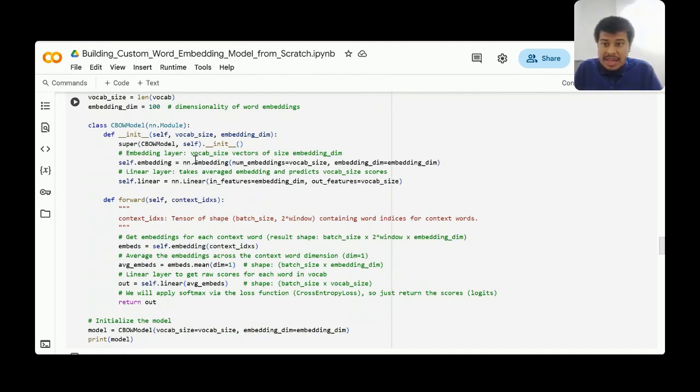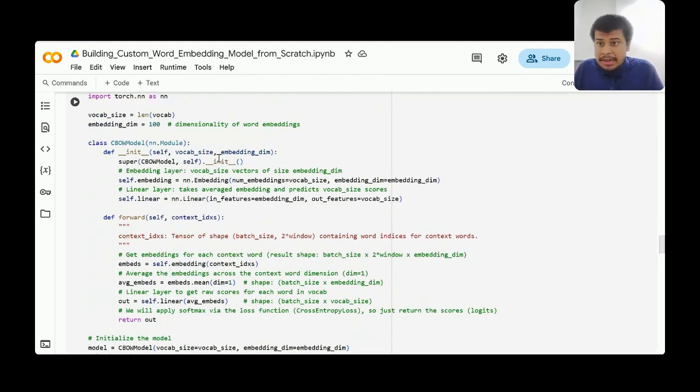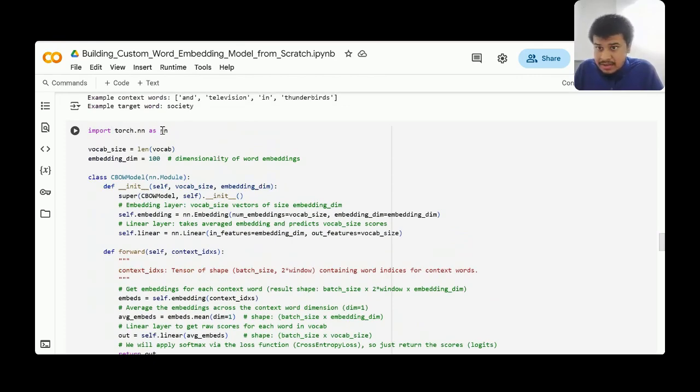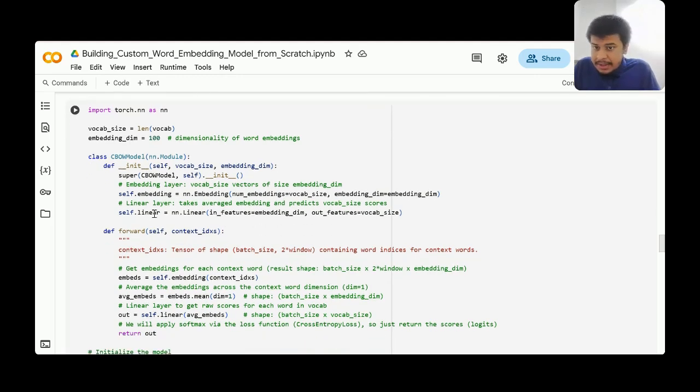So we are having this embedding layer that is already available in PyTorch. So we are getting this neural network and then directly getting the embedding layer. We are giving it the vocab size, meaning this would be the input layer, and then the output of this layer would be the embedding dimension. And then we connect this embedding dimension to the linear neural network. That would be the output layer. So there will be two layers. In between these is where we'll be having our